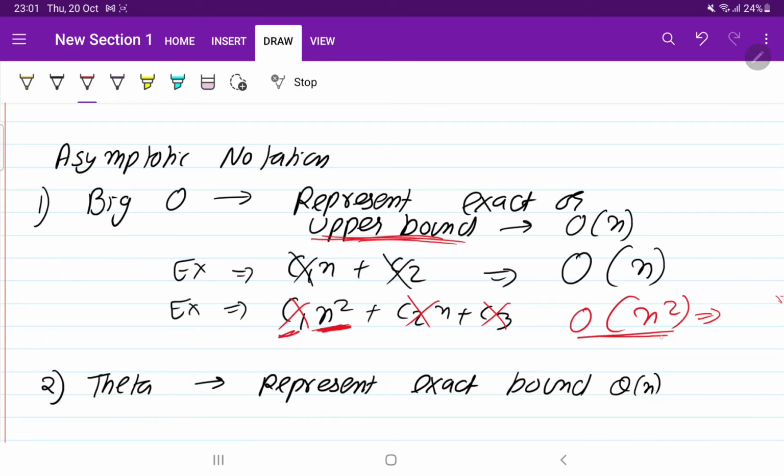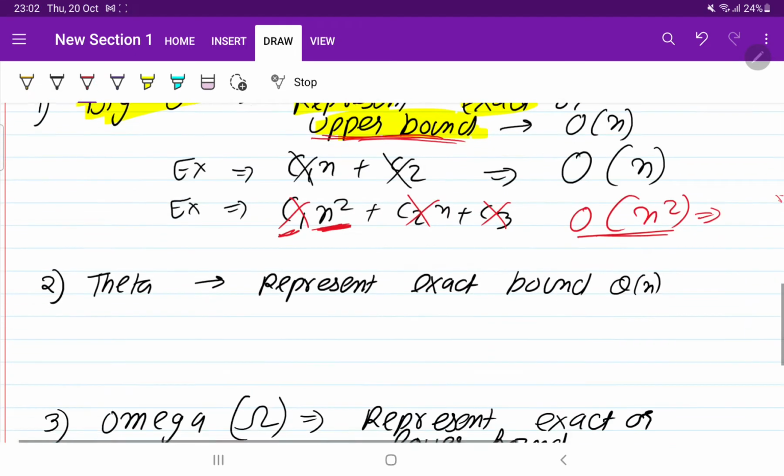So here you can represent that this is the order of n square. It means big O will take either the exact or the upper bound. It is going to tell you the upper bound of a function, of a code.